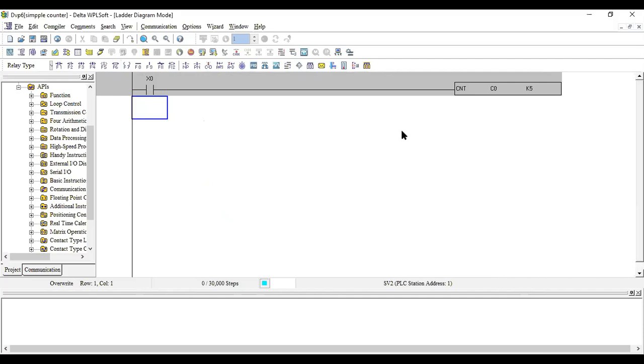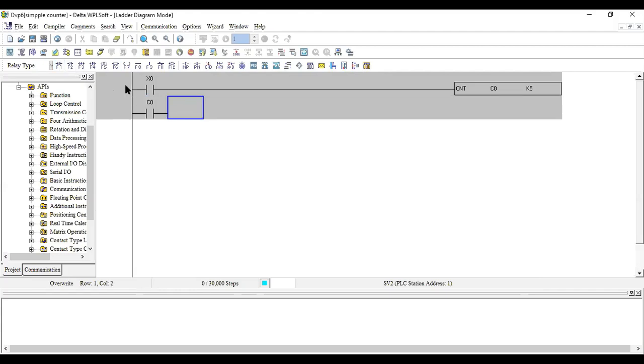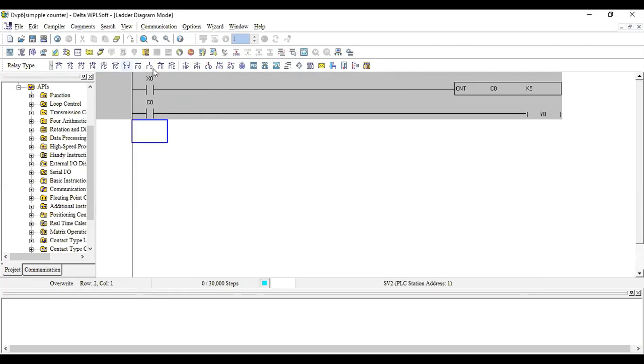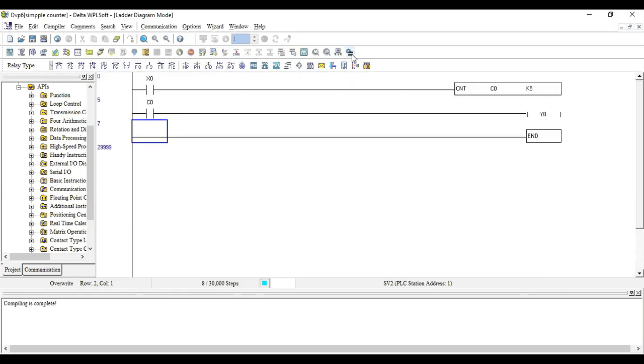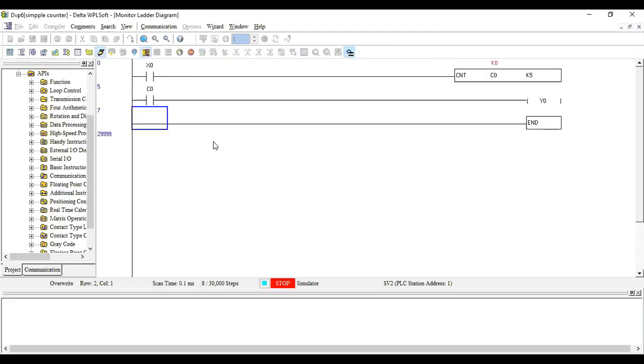After the 5th object, immediately in the 5th object encounter, I'll just use C0. That's the counter we have used. So I will enable an output. Output is energized. Fine. So that's it. Now we'll just run this program. I will use the simulator, write to PLC, and enable online mode. Okay, I'll just run.